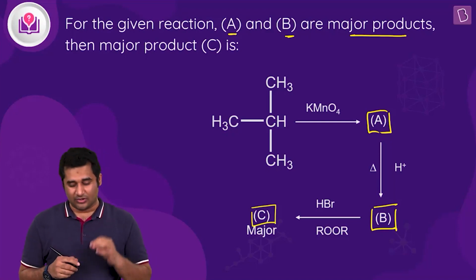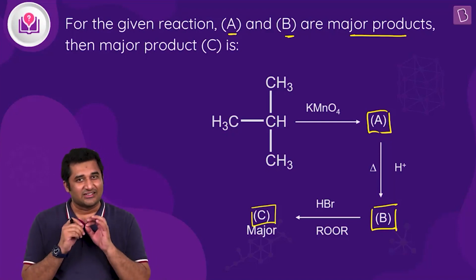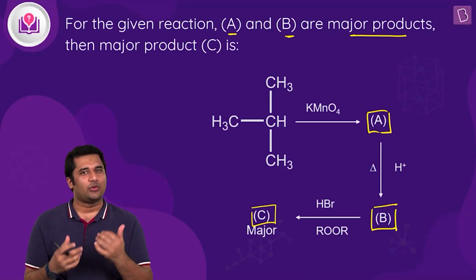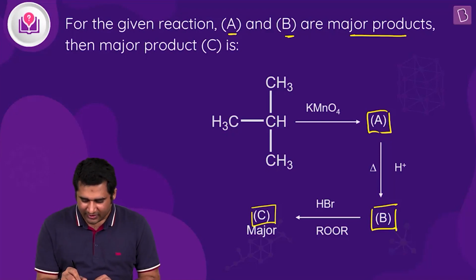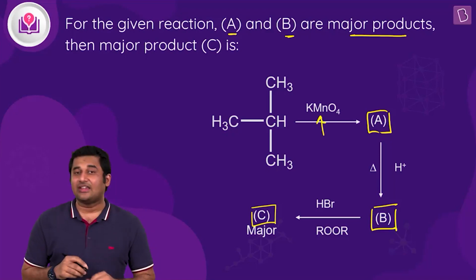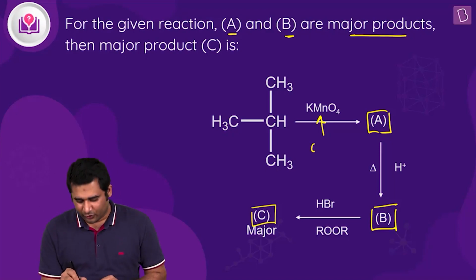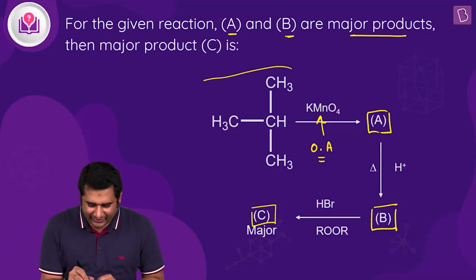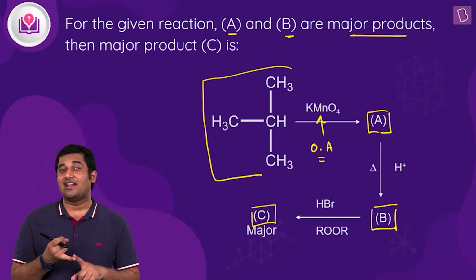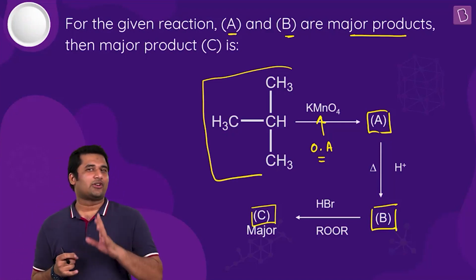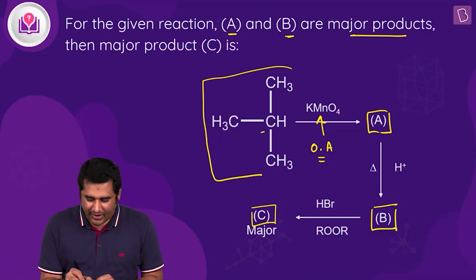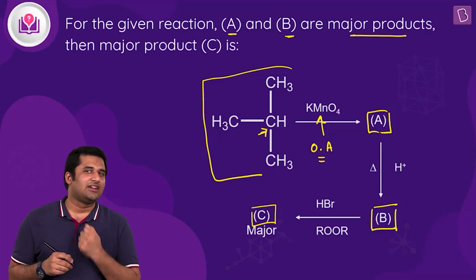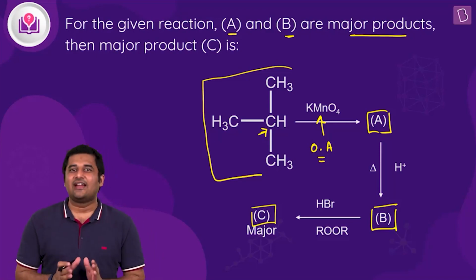Very interesting question, and always remember these kind of questions are literally very interesting, and they will help you revise multiple topics in one go. So let's understand what will happen here. First of all, you can see here we are using KMnO4. We know that KMnO4 is an oxidizing agent, isn't it? So it will oxidize this molecule, although it is an alkane, and we know that generally it does not oxidize alkanes. But when you have a 3-degree carbon present and one hydrogen attached to that 3-degree carbon, then it oxidizes such